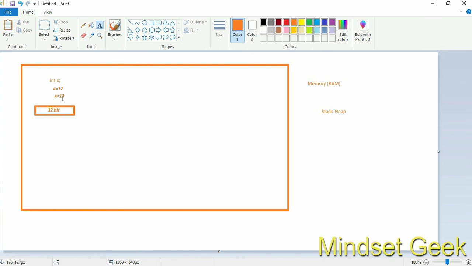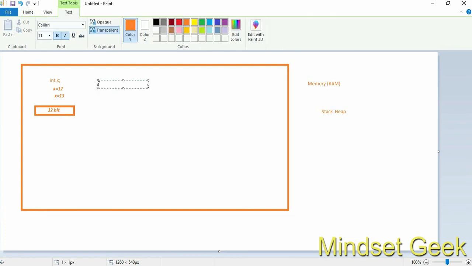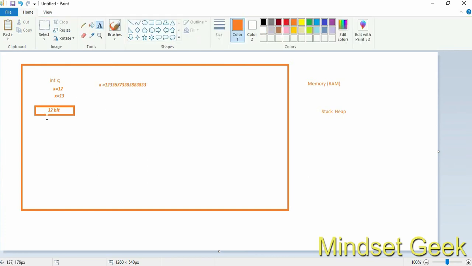But next thing, think about your integer length being 32-bit. You want to assign a value like this. Can we store this value inside this x or this memory location? Probably not.